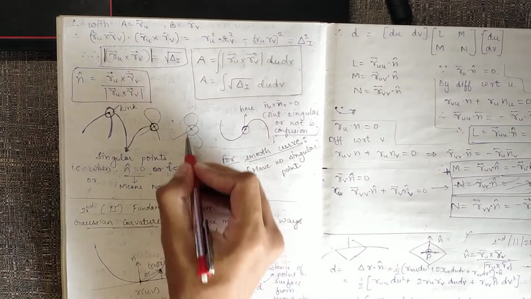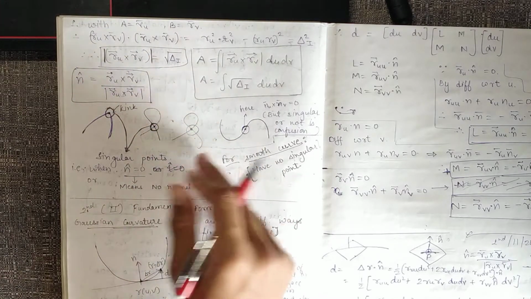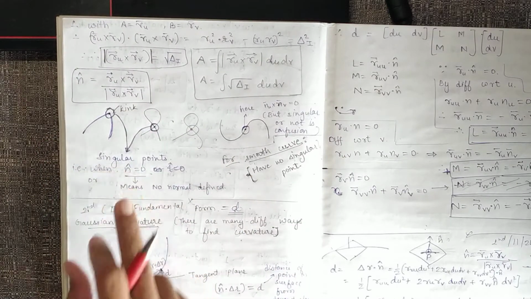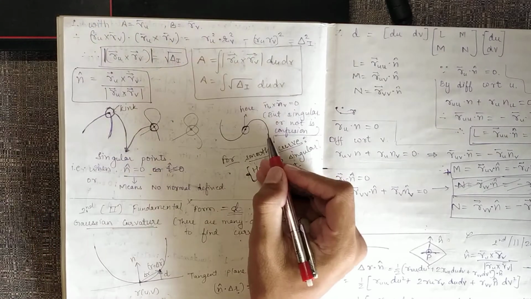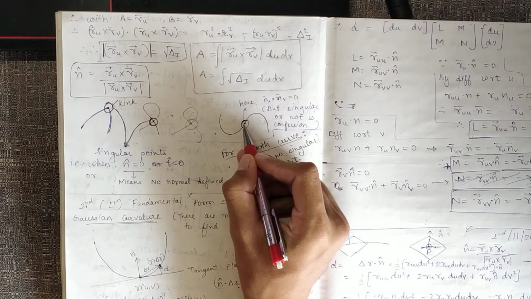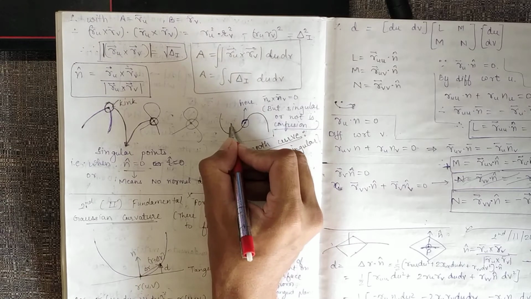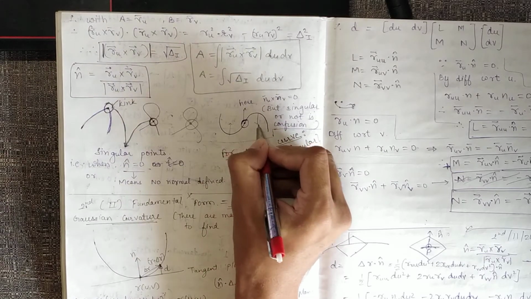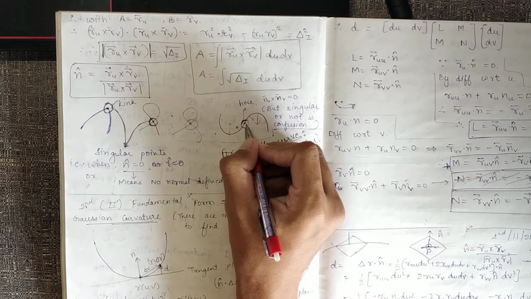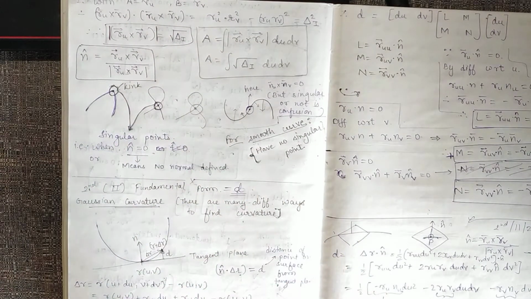But another confusion, so this type of points where the surface normal, this is a surface normal. If we have a surface like this is the surface normal. So if the surface normal goes to 0, at that point it is said to be a singular point. But one more point, even if it is smooth, the surface normal can get to 0. So like here it will be maximum in this direction. Coming here it will get smaller and smaller in magnitude, and here the magnitude is 0. But smooth surfaces should not have any singular point.